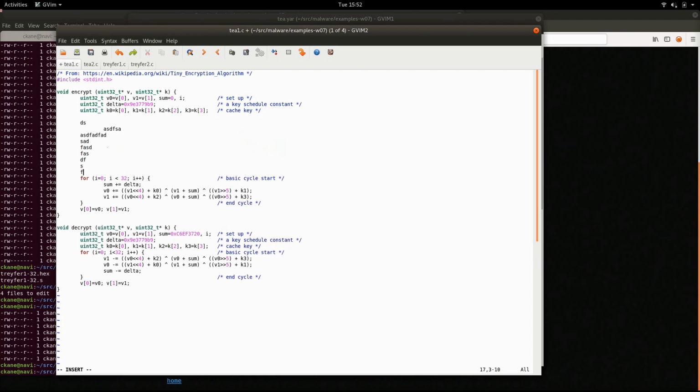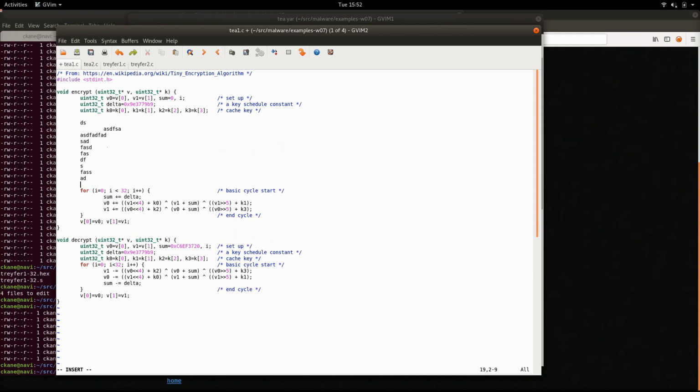But they also wanted to have it do all these other, pretend that those are a bunch of C operations or something. So think from the perspective of somebody who's looking for an encryption algorithm,